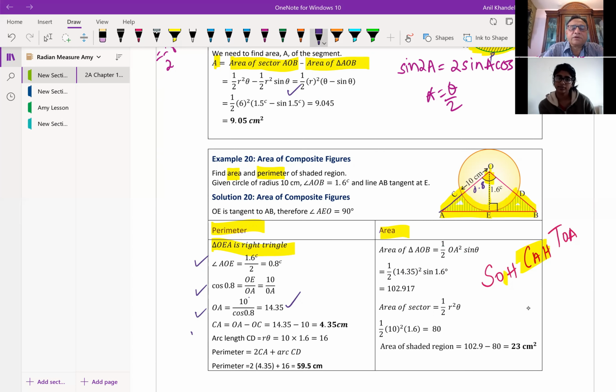Take away the radius, and we get this step. There is a symmetry, of course, so C to A will be the same as D to B. So that C to A is calculated. Now let's get to the arc, which is r theta, right? Since the radius 10 is known to us and theta is known to us, we straight away found this arc length. Now we know this arc length, so the perimeter is twice CA, which is this side and this side, plus the arc length, and therefore,